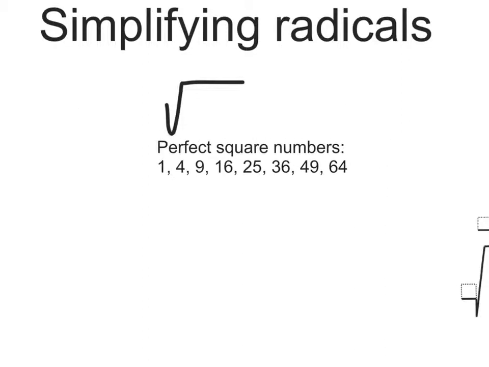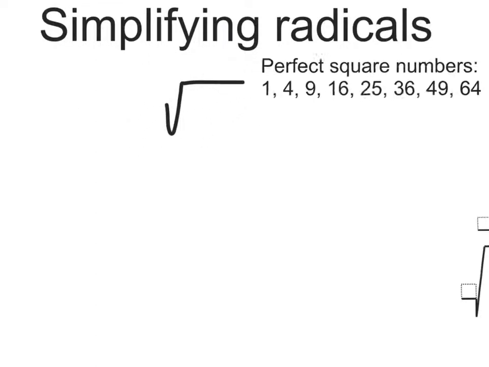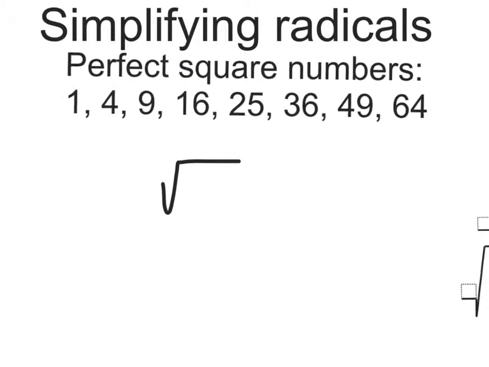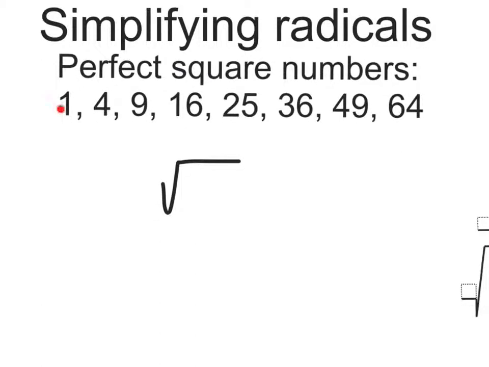So what are perfect square numbers? Here are some perfect square numbers. Let me put them right there. It's a perfect square number list. So you have 1, 4, 9, 16, 25, 36, 49, 64, and it continues forever, okay? How did I get these numbers? 2 squared, 3 squared, 4 squared, 5 squared, 6 squared, 7 times 7, 8 times 8, 9 times 9, keep